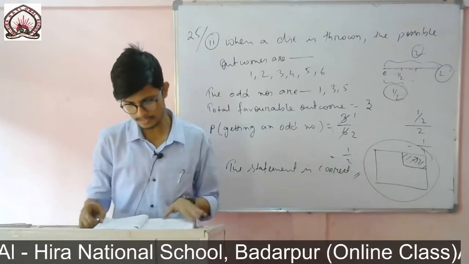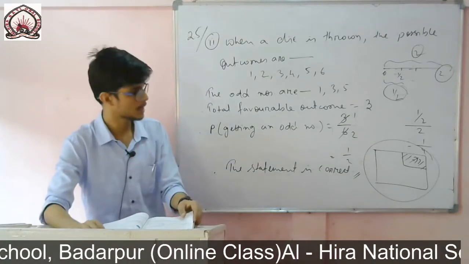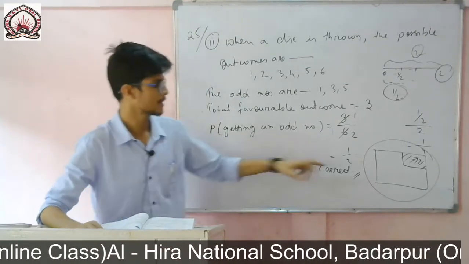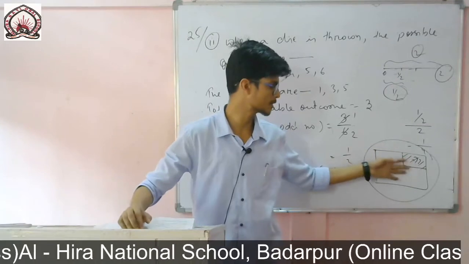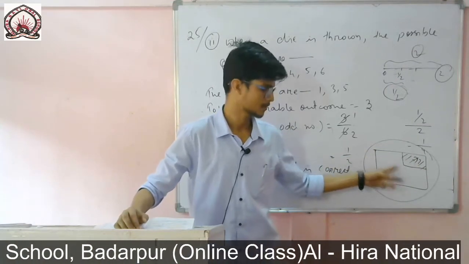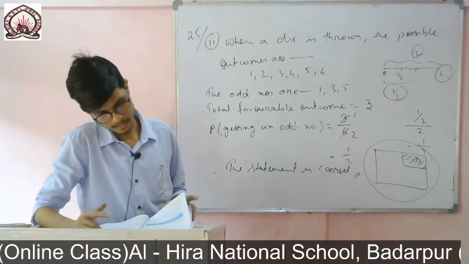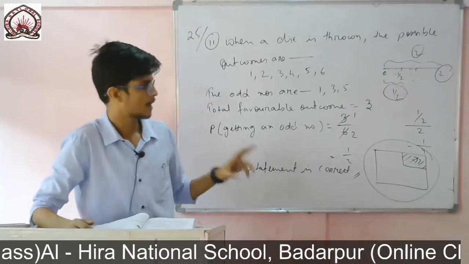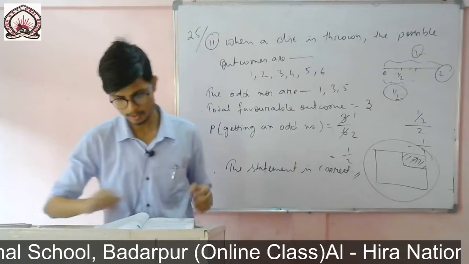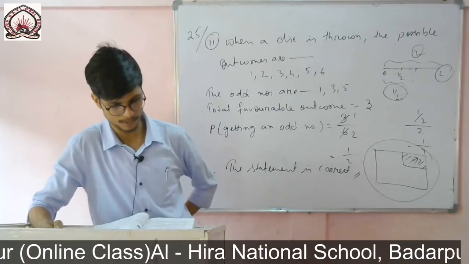You see length and breadth are given here. If I calculate it, this will be the area of the lake. The area of the lake is the favorable outcome, and the area of the whole rectangular field is the total possible outcome. Then I simply divide favorable outcome by possible outcome, in the same way as in question number 20. Then you see question number 12, it is important.